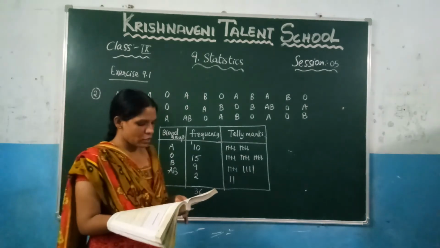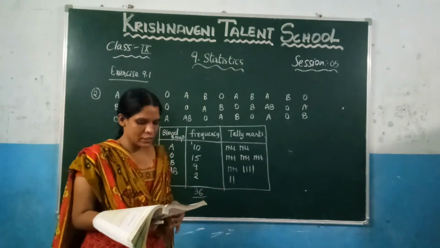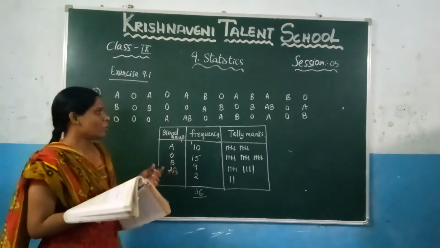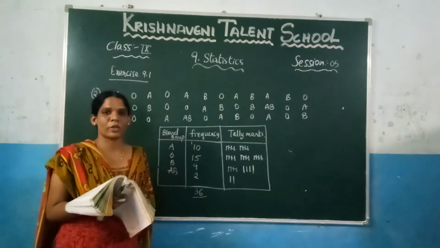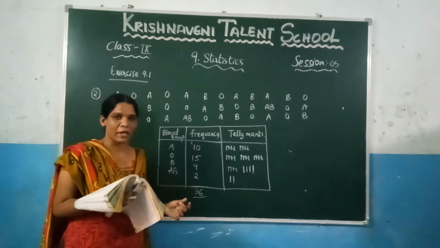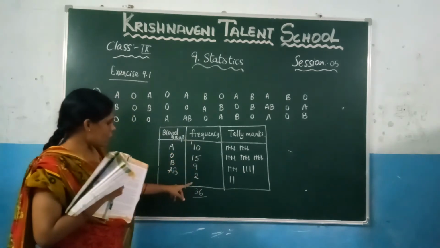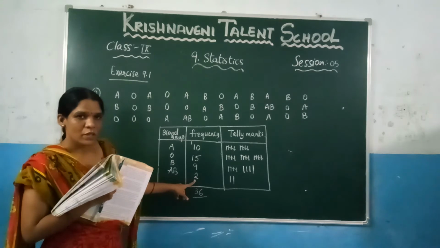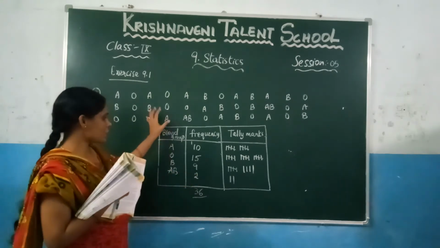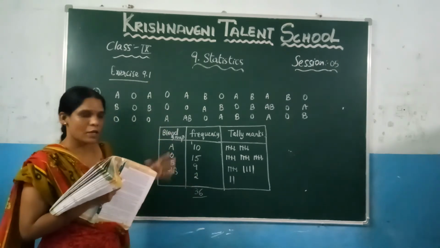And the next one what they asked here, which is the rarest blood group. That means only less number of students are there who are having the blood group. That means you need to find what is the smallest number. So here among this what is the smallest number, which is 2. So what is the rarest blood group in this data, which is AB. Now writing that one